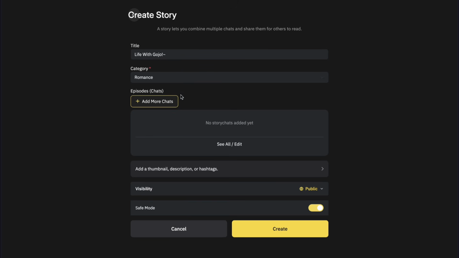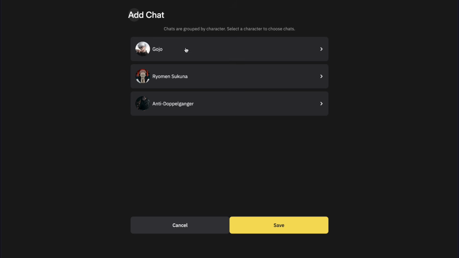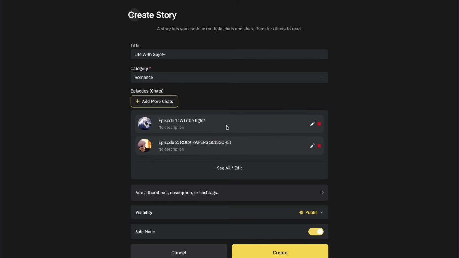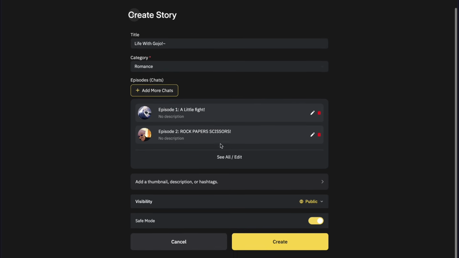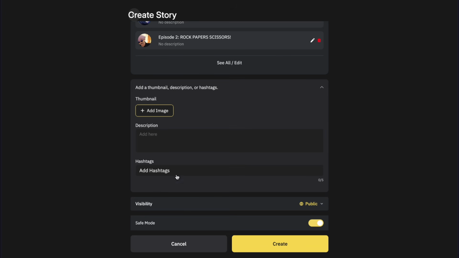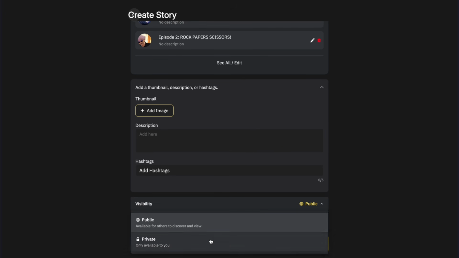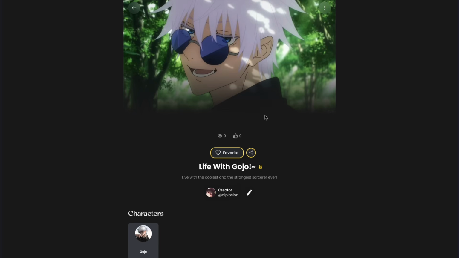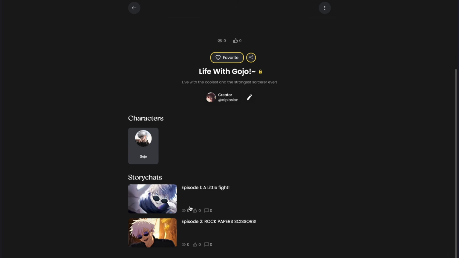Once you have done that, the next step is to add your chats inside this story. You can simply click the Add button and choose any chat that you want. You can add as many chats as you want inside your story. Once you have added the chats, you can give this story series a thumbnail and a description too. And after that, you can choose its visibility and restriction. Once everything is done, you can simply press Create and your story will officially get created on StoryChat and it will get published too. And if your story is public, then all the people on StoryChat will be able to see your stories and all your chats inside the story. And then they can enjoy all they want.